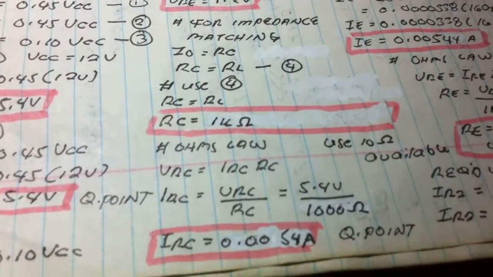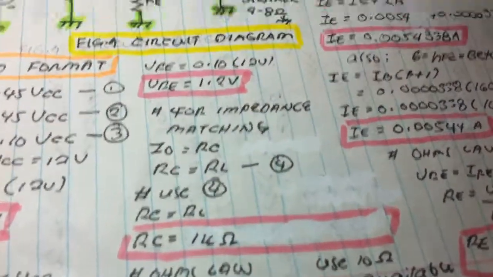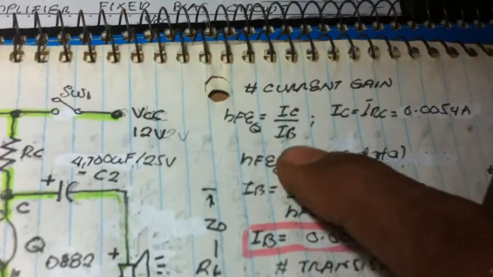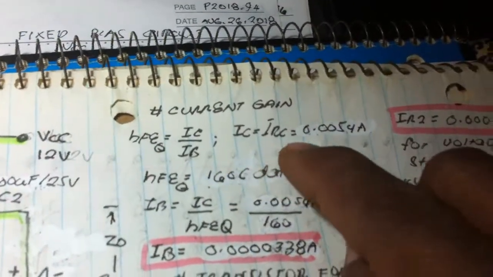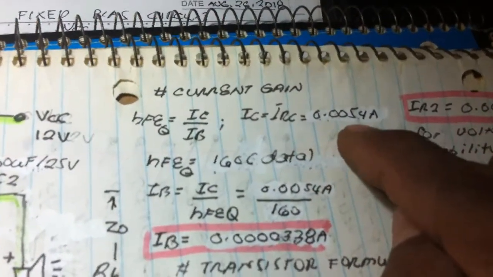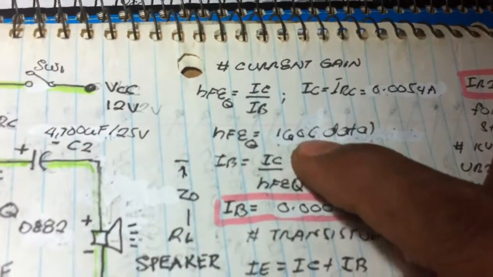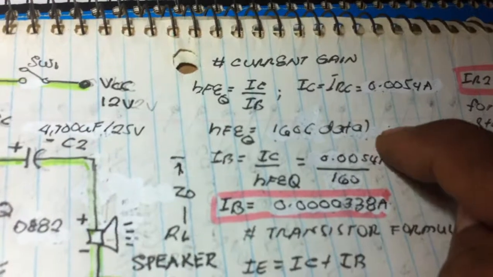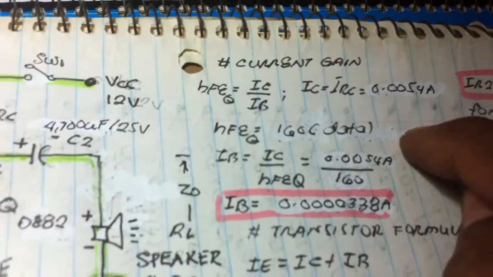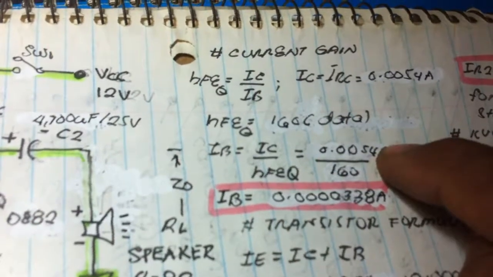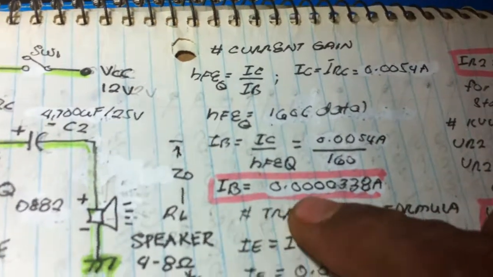So using the current gain, hFE is equal to IC over IB, where IC is 0.0054, and I'm using an hFE of 160. That is from the datasheet of the power transistor D882. By substitution, we get the base current of